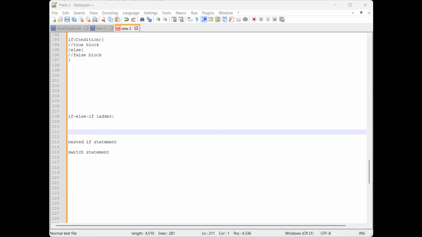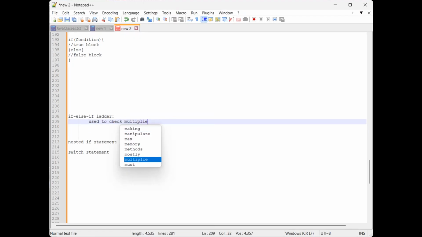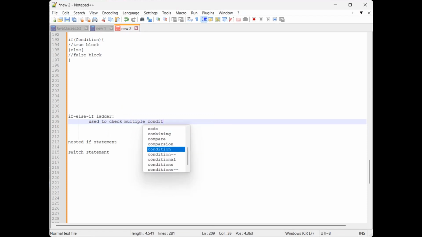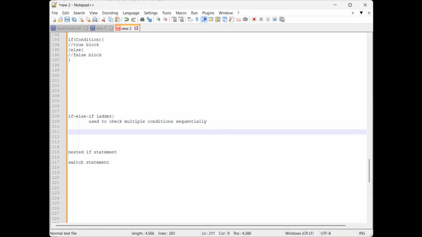The if else if ladder statement is used to check multiple conditions sequentially. The first true condition's block is executed, and then it will come out. Let me give you the syntax first. Here the syntax will be: